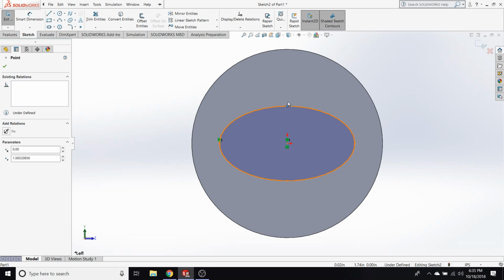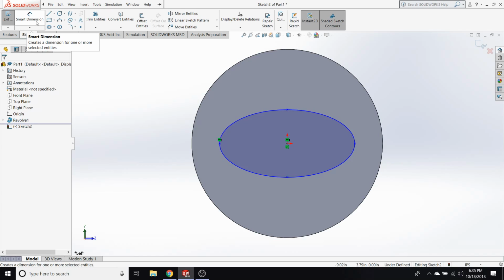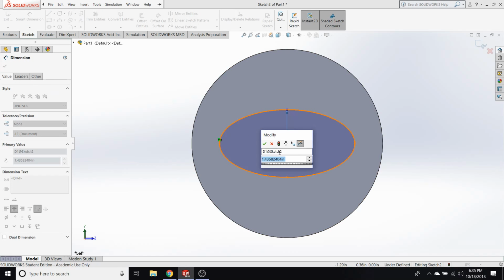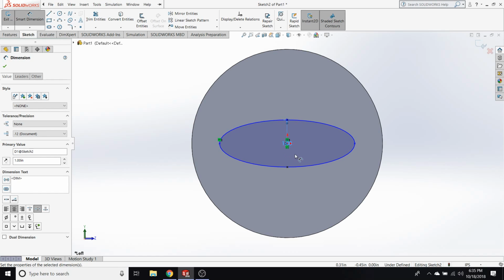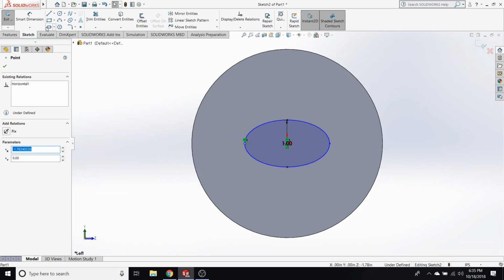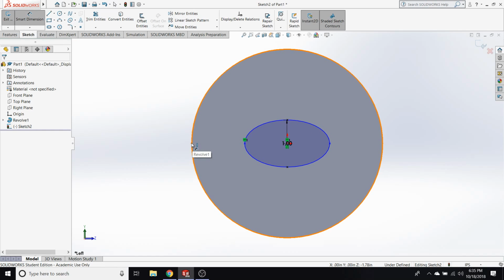And now there's a few different ways I can fully define this. I can define the distance of one of my radii, and I'll have to define the other one. I can define that just by here, or I can define it by